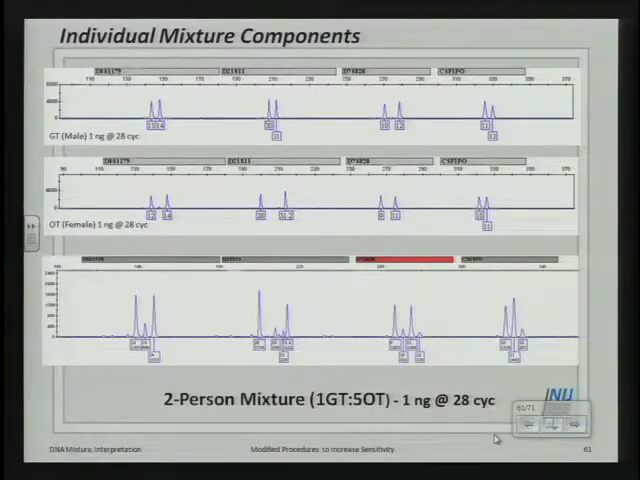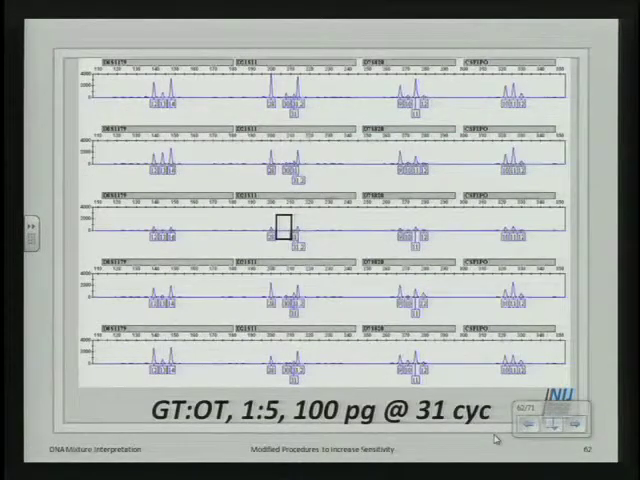So here's an example. This is the male. Here's the female. This is 1 nanogram. And then this is the mixture, the 2-person mixture at 28 cycles. So it looks like a mixture. However, at 100 picograms, 2-person mixture at a 1:5